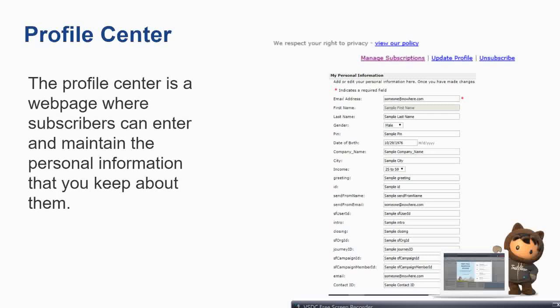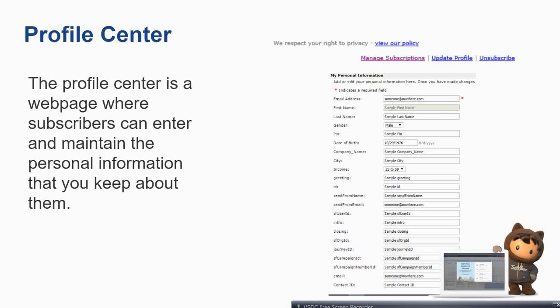Sometimes the company also looks for a custom profile center, to mingle with their custom web pages. They want their form to look just like the website.